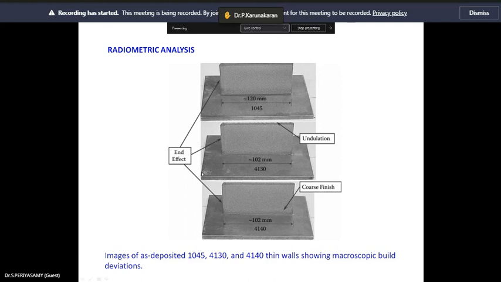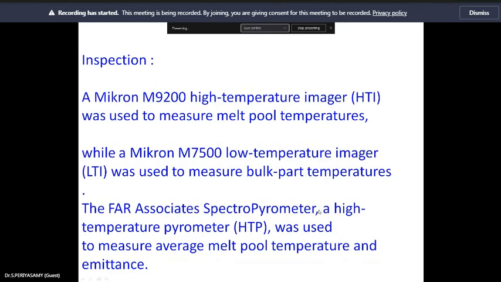Here the scanning is one unidirectional, and there is a bidirectional. So you have to scan like this, or this, whether the printing is in a particular direction, or bidirectional, or you can go for a 90-degree or different angles. Then there are even different methods, like the chessboard method. So in each case, I have to capture the stress distribution or the temperature